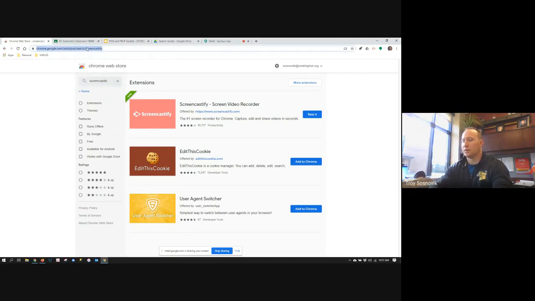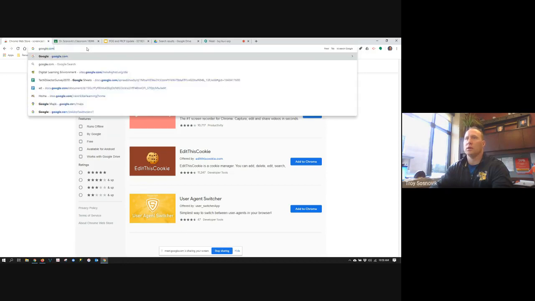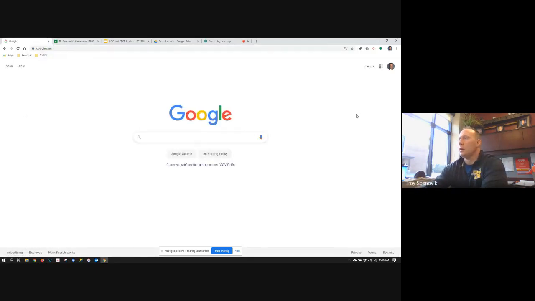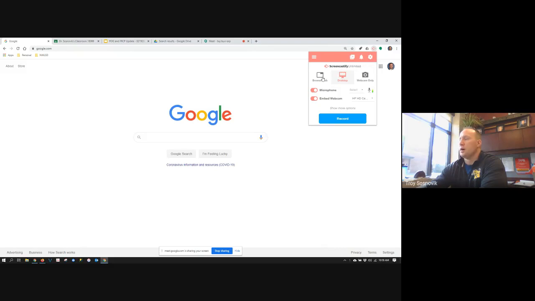So let me go back to, let's say, google.com. So to start a Screencastify session, all you would need to do is click on Screencastify. It would load the extension, and it gives you a couple different options. The first one is the browser tab. So if I wanted to only allow somebody to see a certain browser tab that I have open,